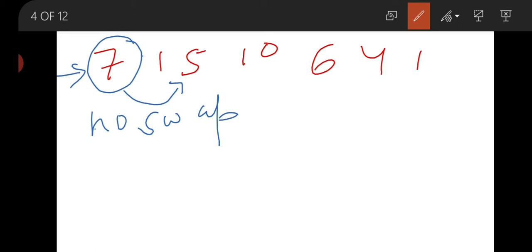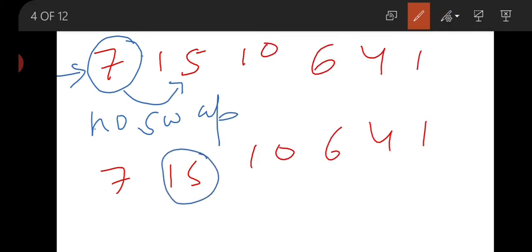Now in the next pass we shift the bubble element. The list is 7 15 10 6 4 1.